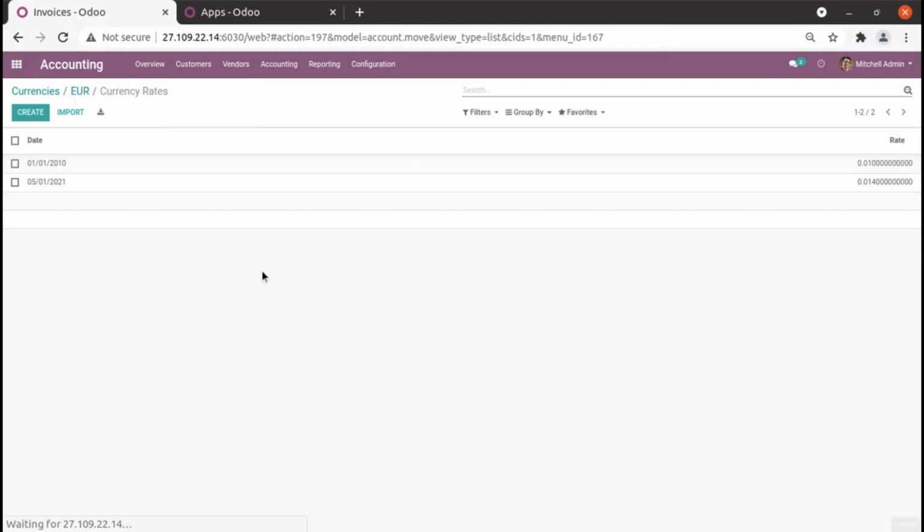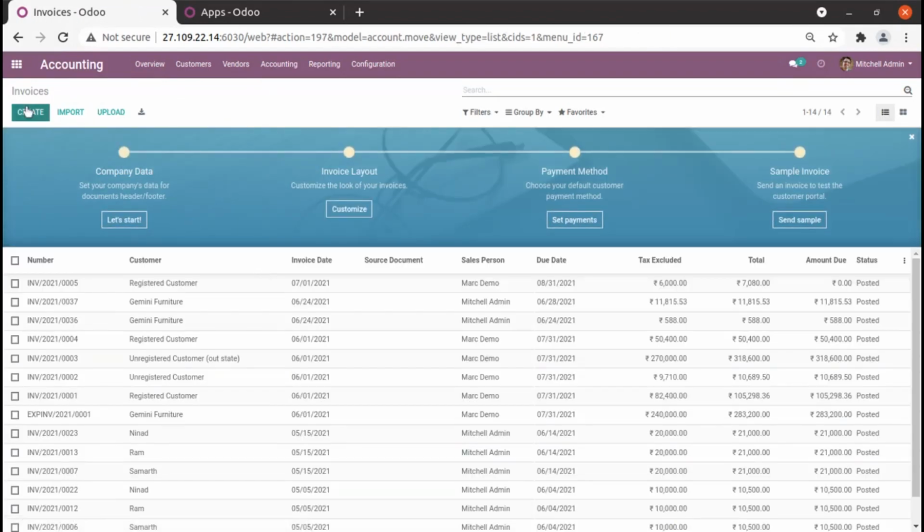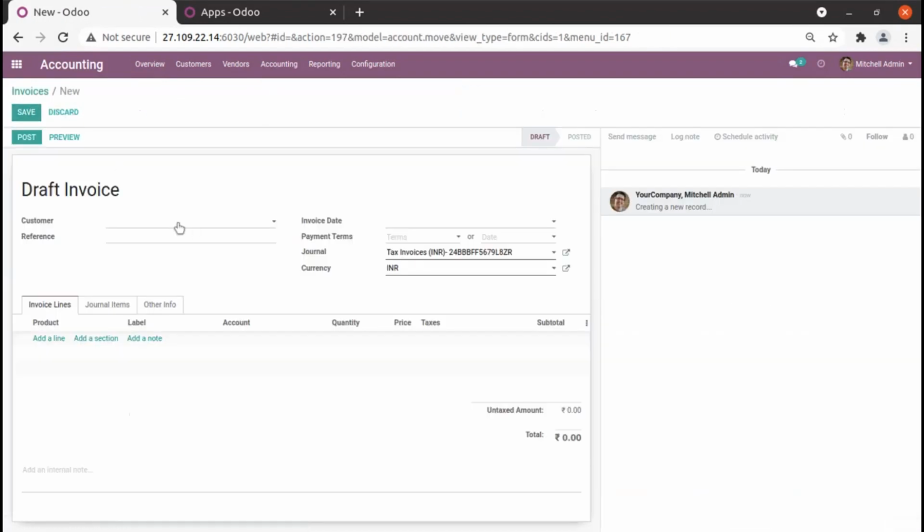So I am going to create one invoice. In this particular invoice, we are going to select new.